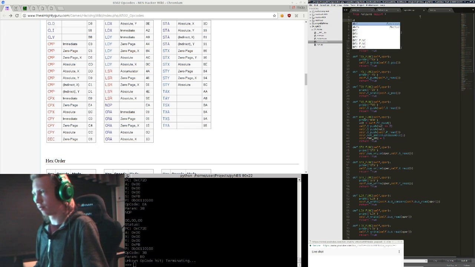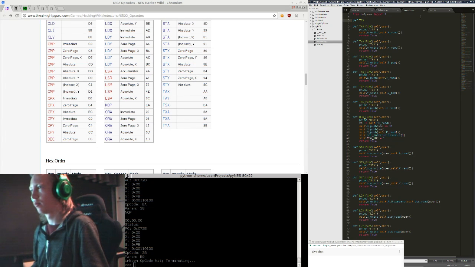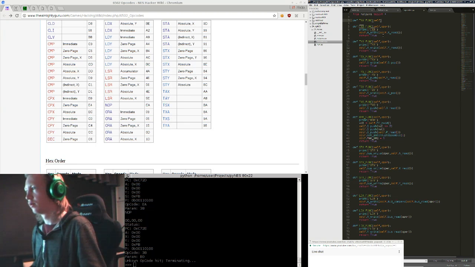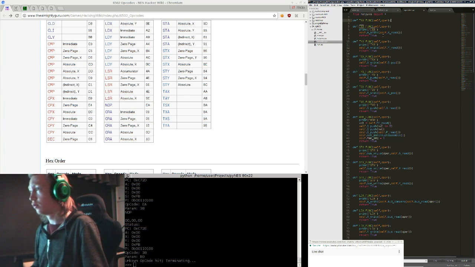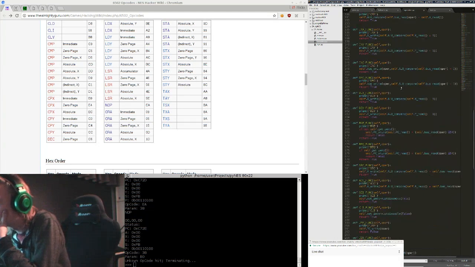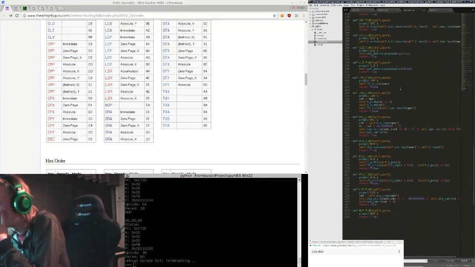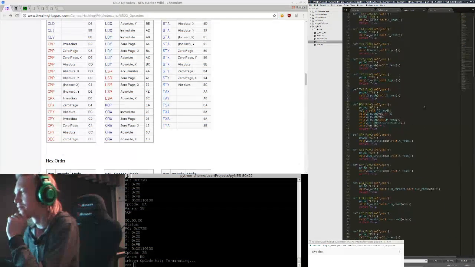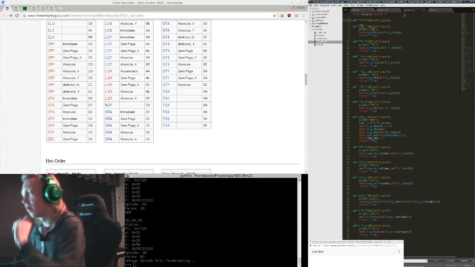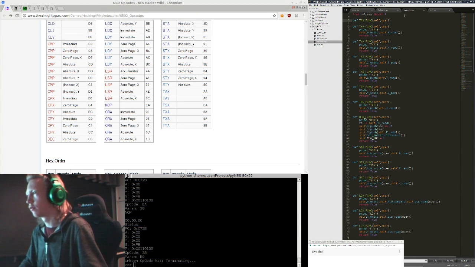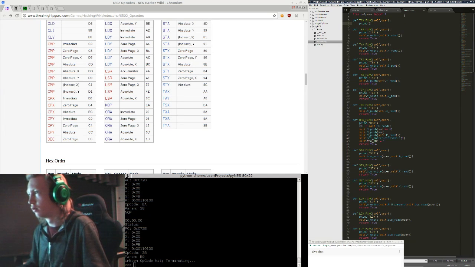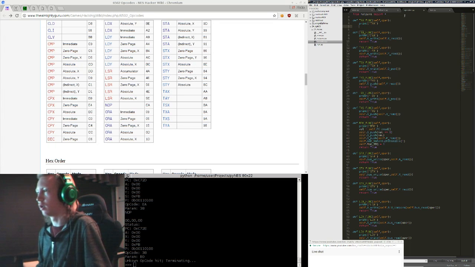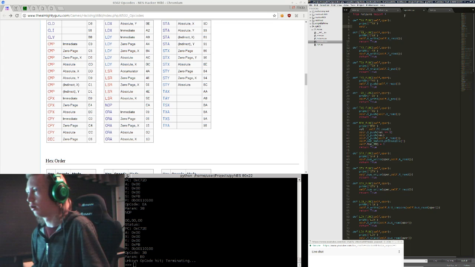Let's define TAX. Actually, wait, I'll just do the header thing for it, and then I'll look for the rest of the T functions if they are here. Nope. Nope, literally. TAX, what does transfer A to X? Obviously. TAX, self dot